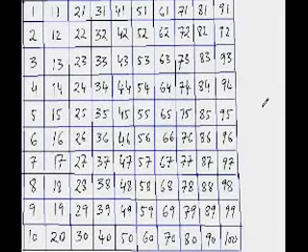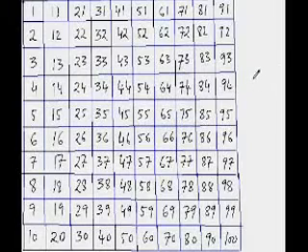You can directly jump down, isn't it? Like from 89, if I have to jump 3 tens down, then obviously the answer would be 59, because 8 minus 3 is 5. So from 89, if I jump down 10 three times, it would be 59. So you can do it directly. Even if you just count it like this, 79, 69, 59, it's hardly going to take you any time, whichever way you prefer. But this technique will work every time.